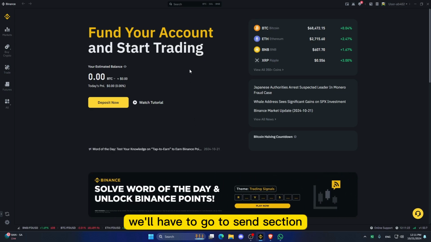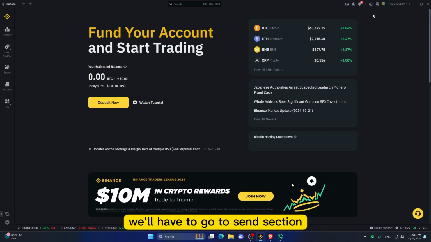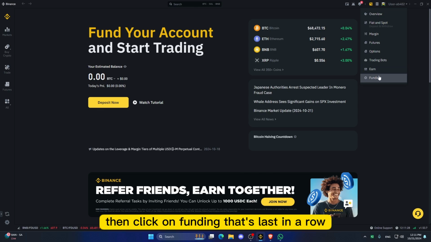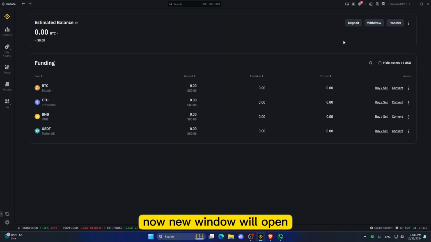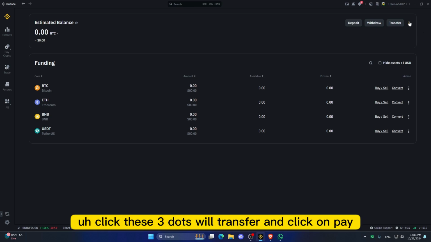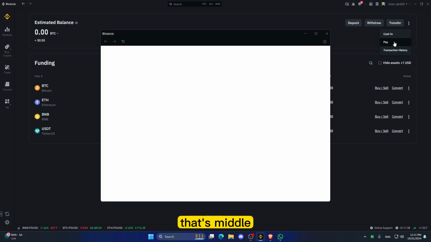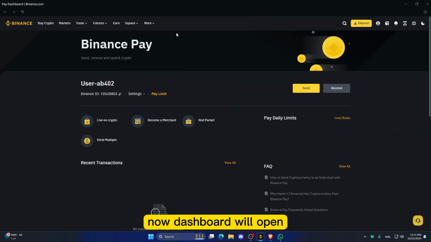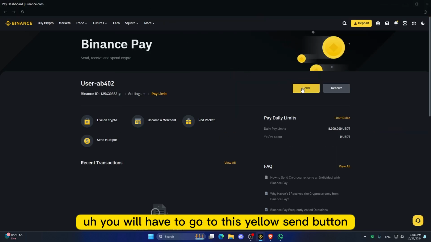We will have to go to the send section. To go there, we will click on wallet, then click on funding, that's the last in a row. Now a new window will open. Click these three dots near transfer and click on pay, that's in the middle. Now the dashboard will open. You will have to go to this yellow send button,